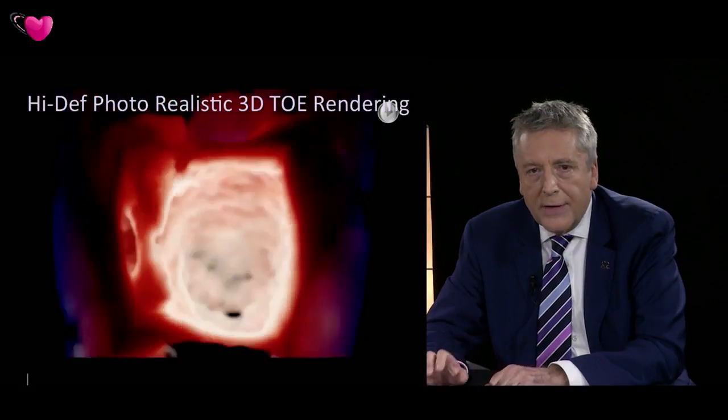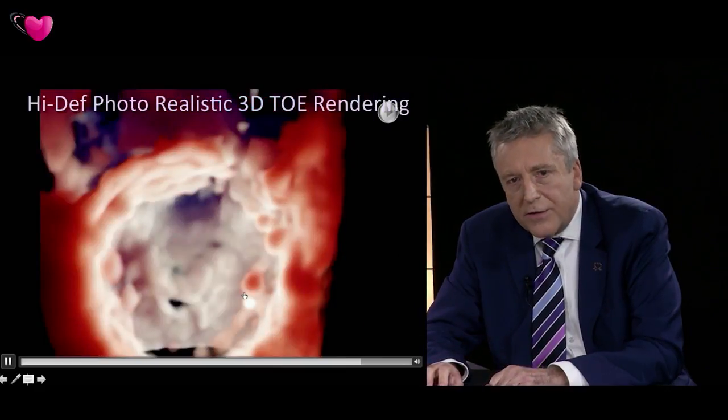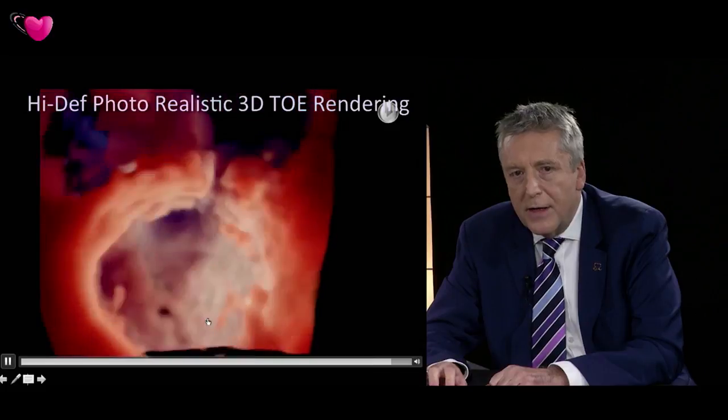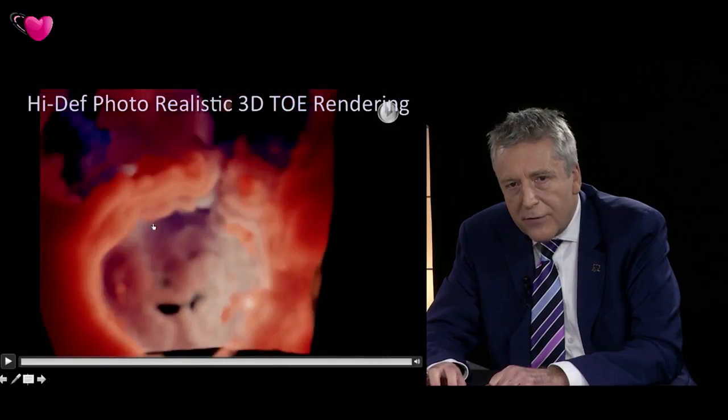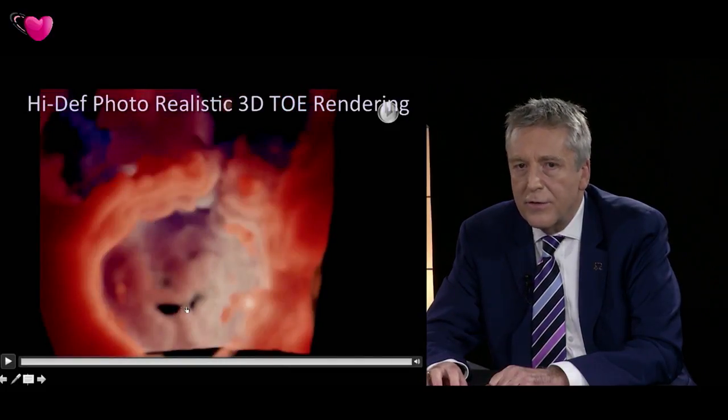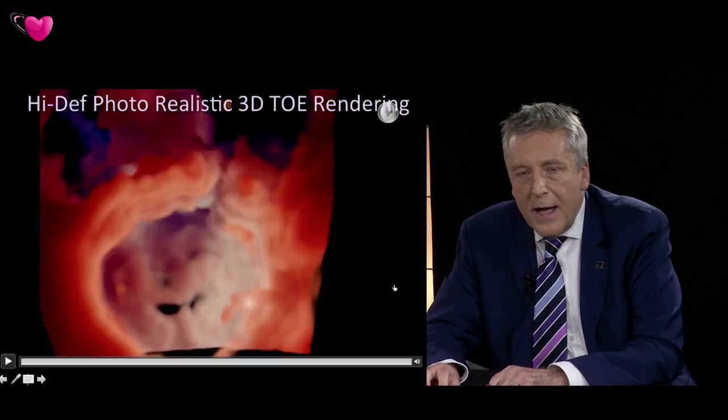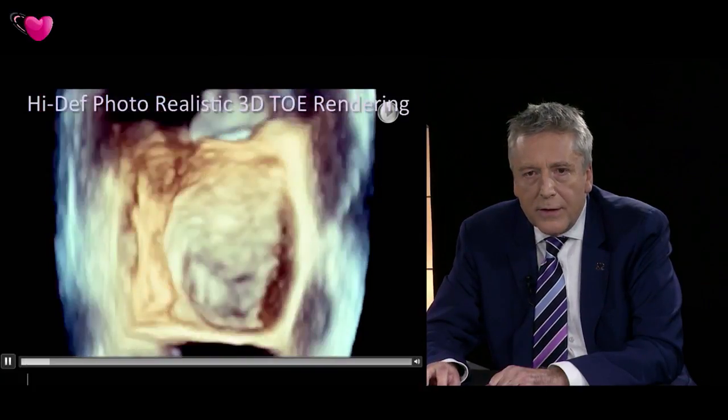And then what we can do in a second is turn this round now, so we're looking at it from the left ventricular perspective. So there's a regurgitant orifice, here's the LV outflow tract, and there is the regurgitant orifice that you can see there. And then this final example, if I can just move on here,